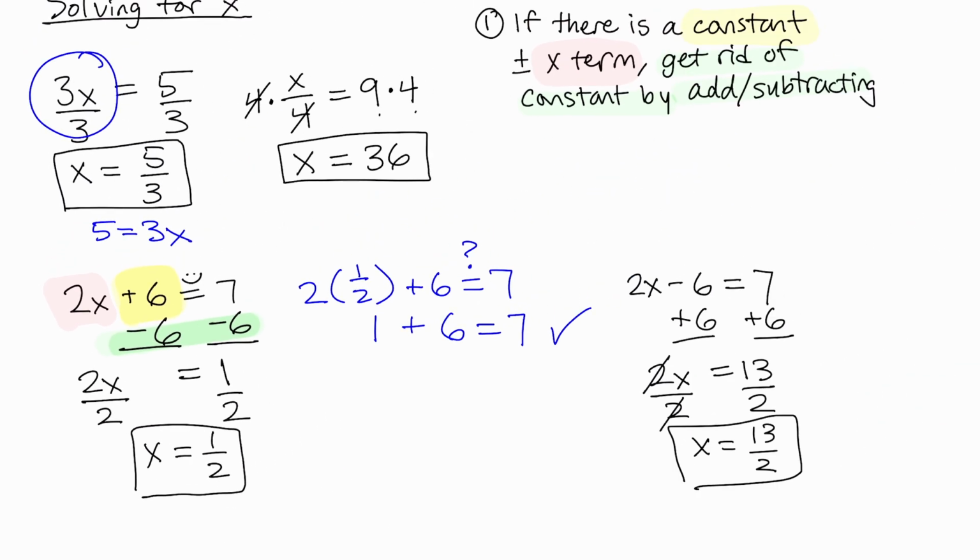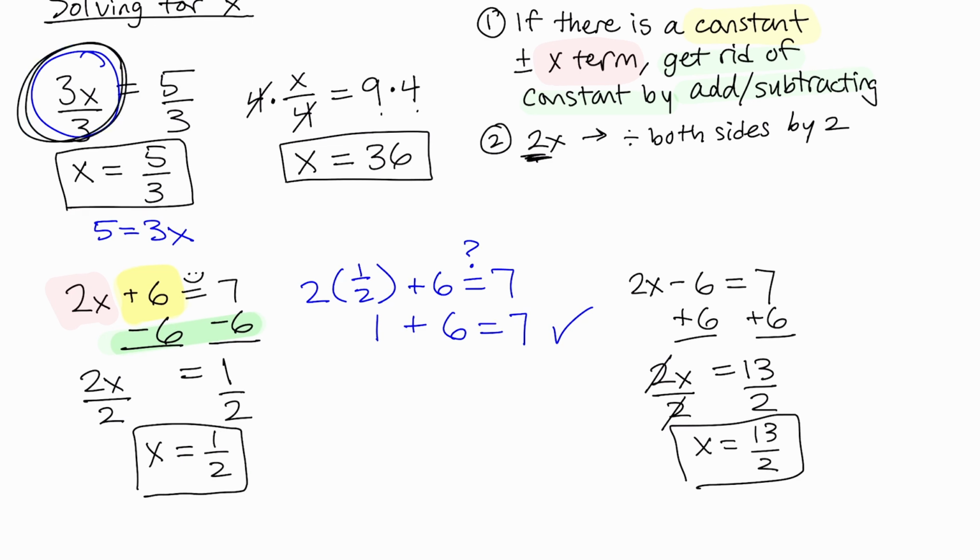All right, let's keep going with our list. So step 2, after we get rid of those constant terms, we have to deal with the x term. So if we have something multiplying x, I'll just call that like 2x, then we have to divide both sides by whatever number is here. So I'll put 2. But it could be any number. Like in our examples, there was 3 here and there was 4 here